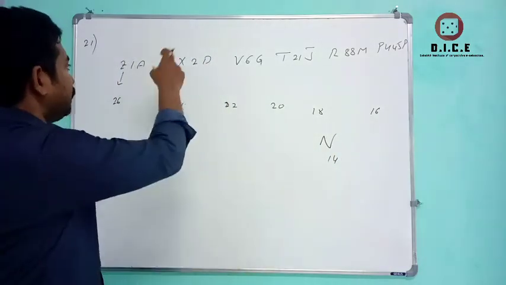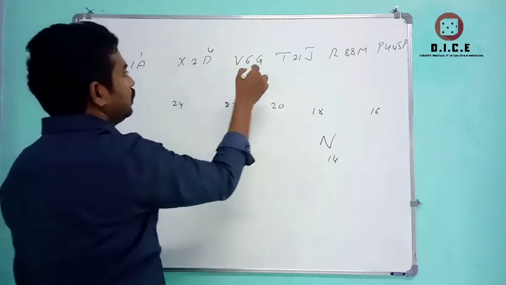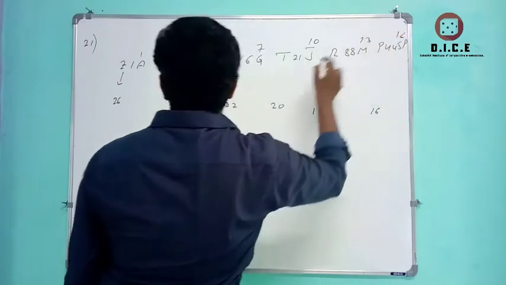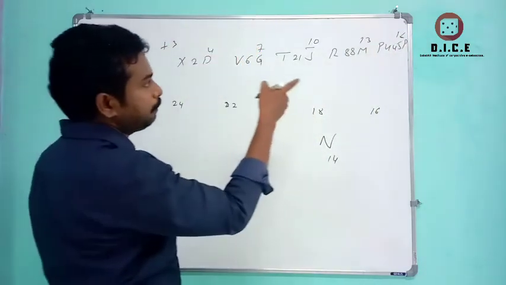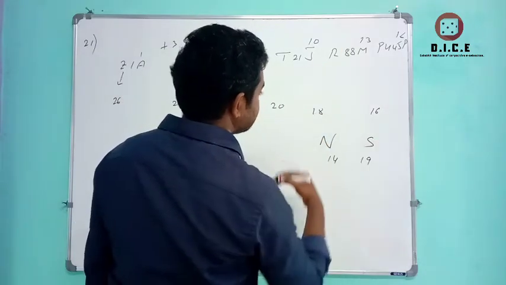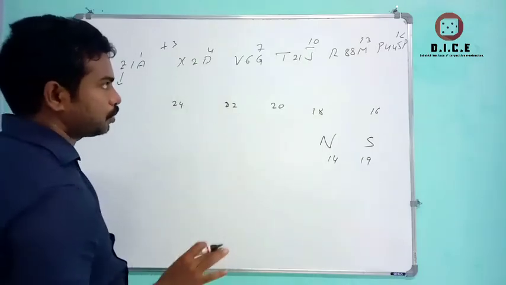Now let's see the third pattern of letters. A is 1, D is 4, G is 7, J is 10, M is 13, P is 16. That is the case of adding plus 3 to each and every case. So P, that is 16 plus 3, that will be 19. 19 is nothing but the letter S. So NS, by finding NS in the options, you can directly put down the option, no problem.